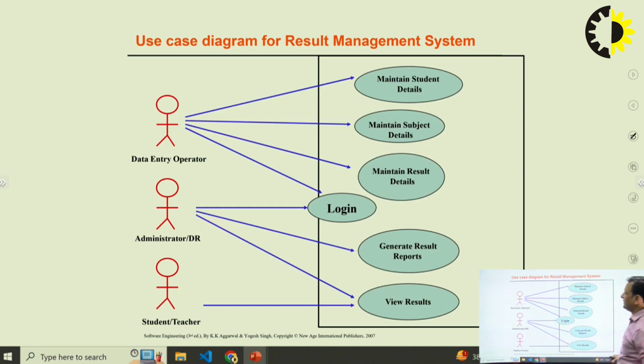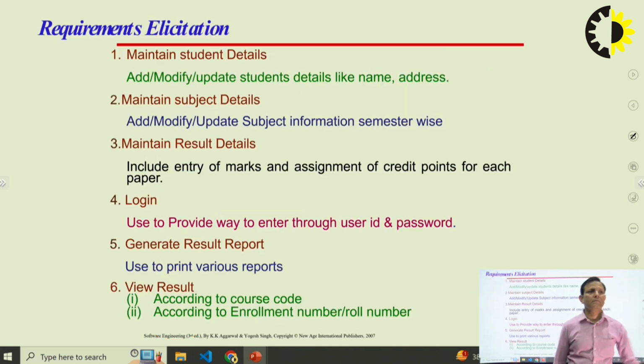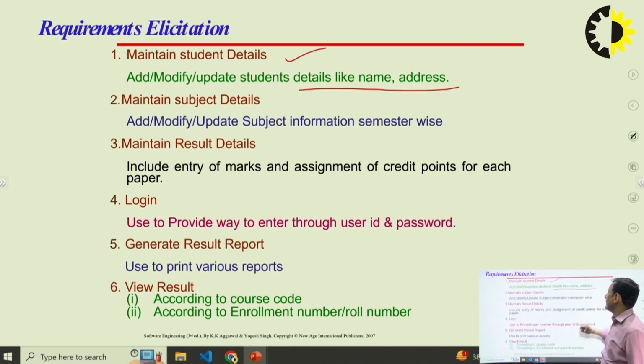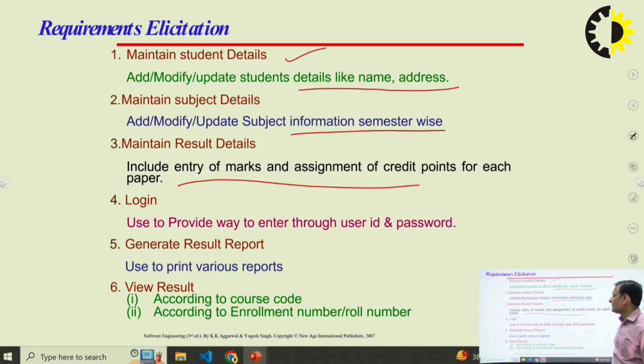See the example. Data entry operators have maintain student list, maintain subject details, maintain result details. While the administration has the right of login, result reports generate कर सकता है and view results कर सकता है. While student and teacher can access only the result. So maintain the student details: add, modify, update student details like name and address. Subject details: you can add, modify the subject information semester wise. You can maintain the result details, including entry of marks and assignment of credit